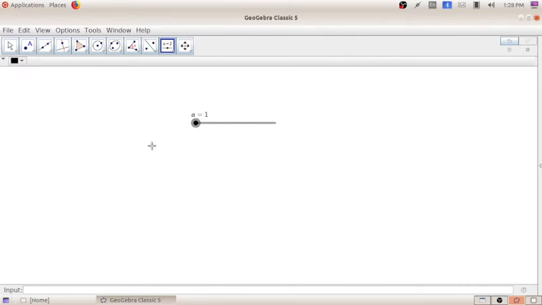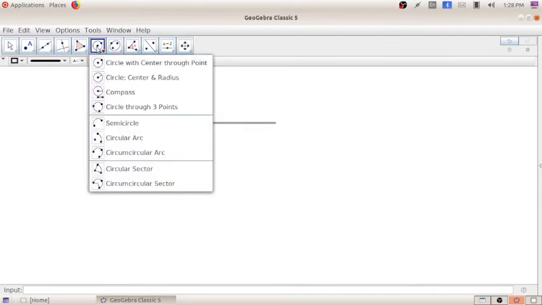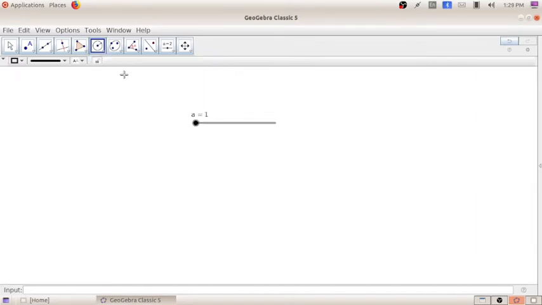This will be the radius of a circle. This is a number slider because we selected the option number. By using this number slider, we are going to create a circle with the radius A. For that, there is an option circle with center and radius.